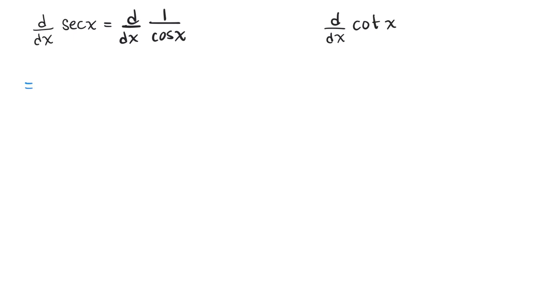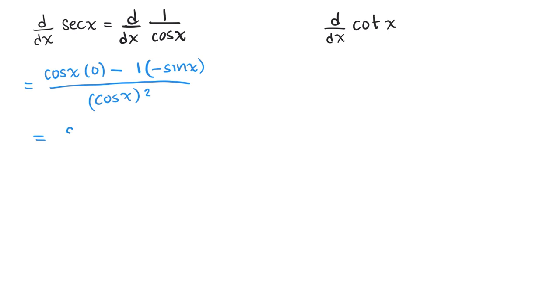So let's do low, d high. The derivative of 1 is 0. Oops, not 1, 0. Minus high, d low. What's the derivative of cosine? Negative sine. Square the bottom. Away we go. Okay, if I do cosine x times 0, that turns into 0. If I do negative 1 times negative sine x, I get positive sine x